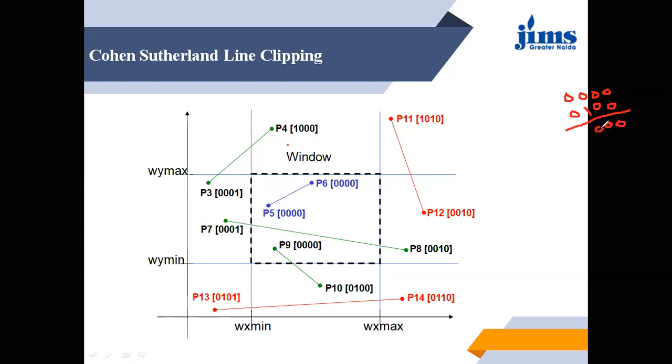It means this is partially inside and partially outside. You can see from the diagram also, this green line represents that this is partially inside and partially